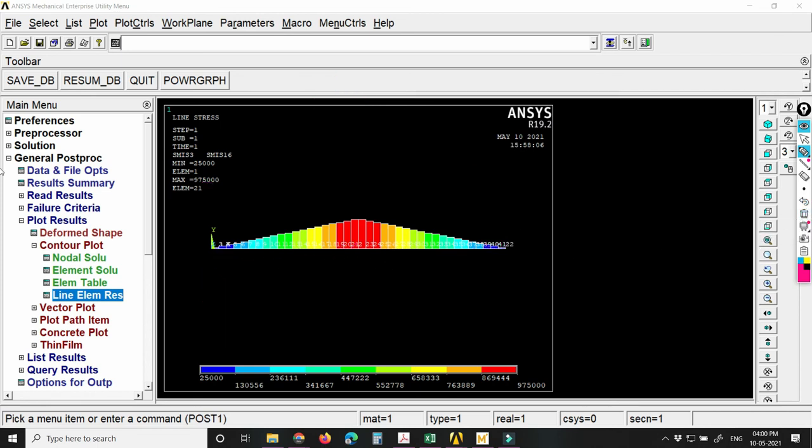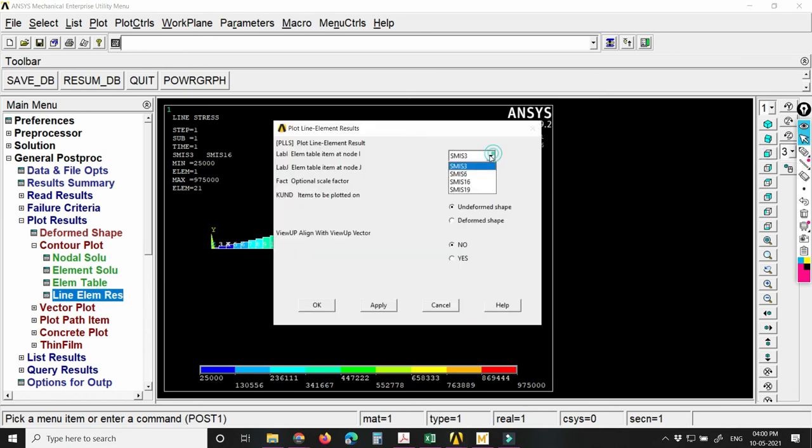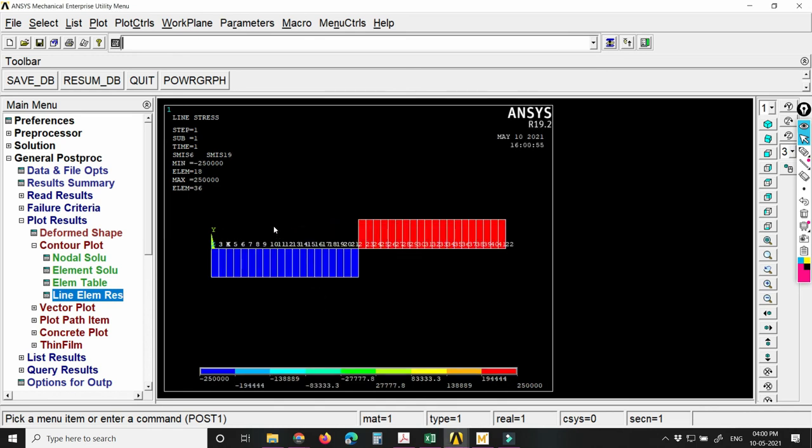If you want to see the shear force, we can also do that with the line table. We have 6 and 19. Okay, we have the shear force diagram over here. You can see it is 25, so it is very accurate. So this is how we do the simply supported beam. With this, we can say this is the first class.